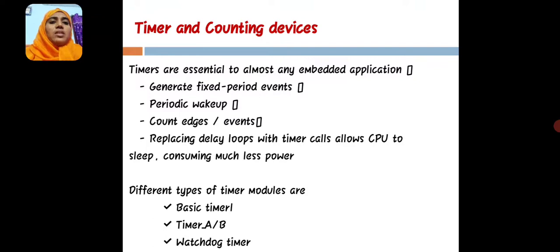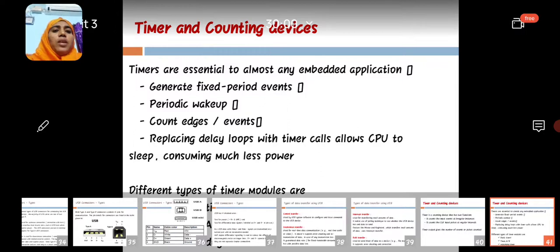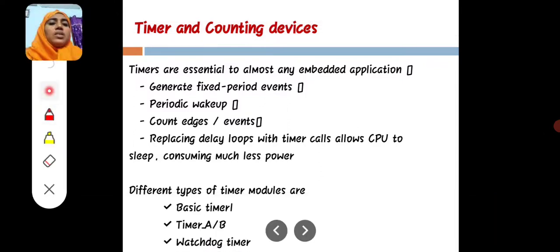So timers are essential to almost any embedded application. Every embedded application will use these functions. Timers are essential, right? These are the main four blocks where we need timers. First one, generate fixed time intervals, and second, periodic wake up.